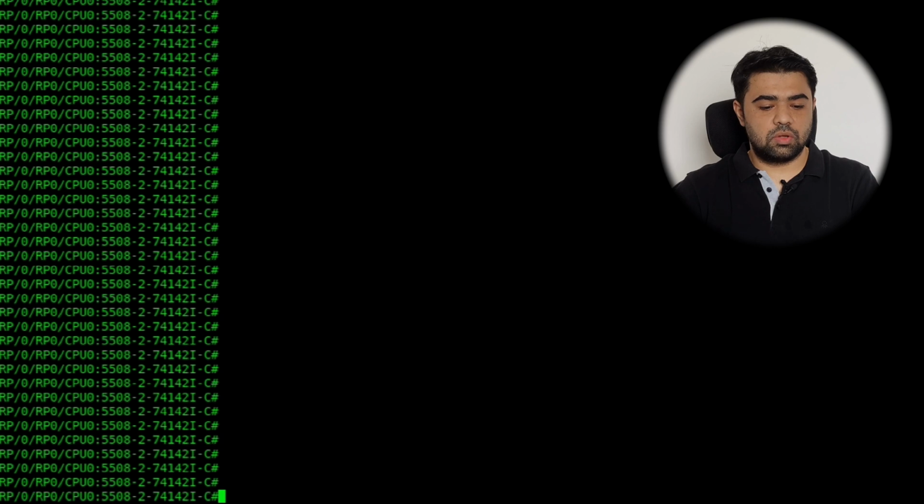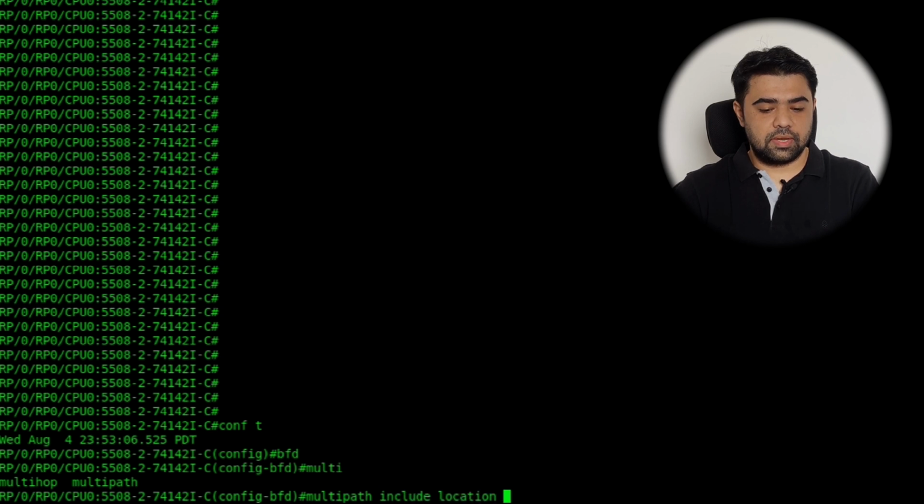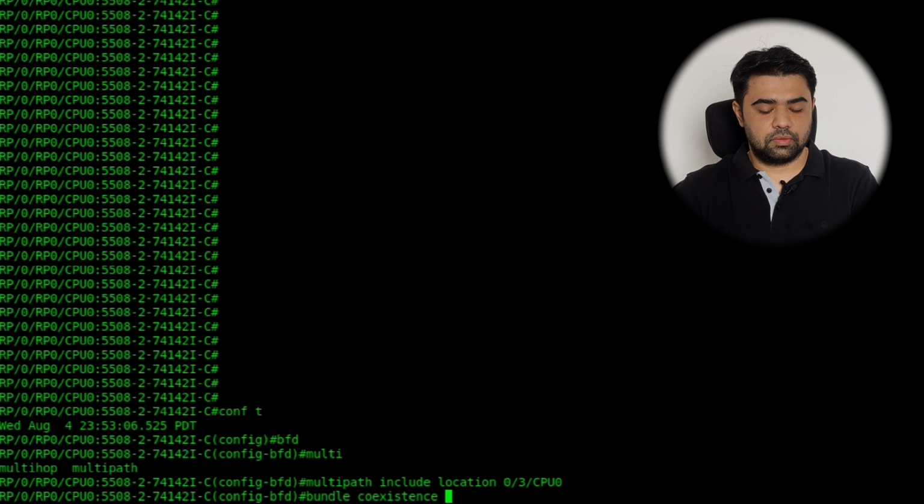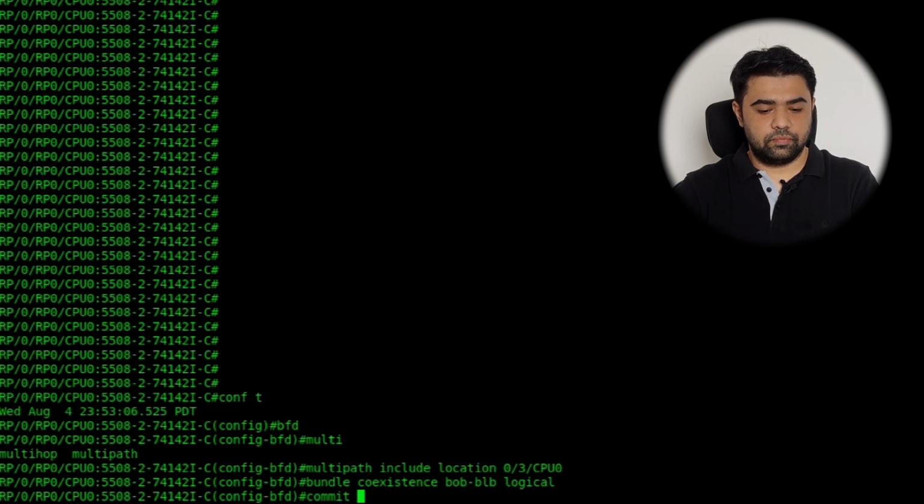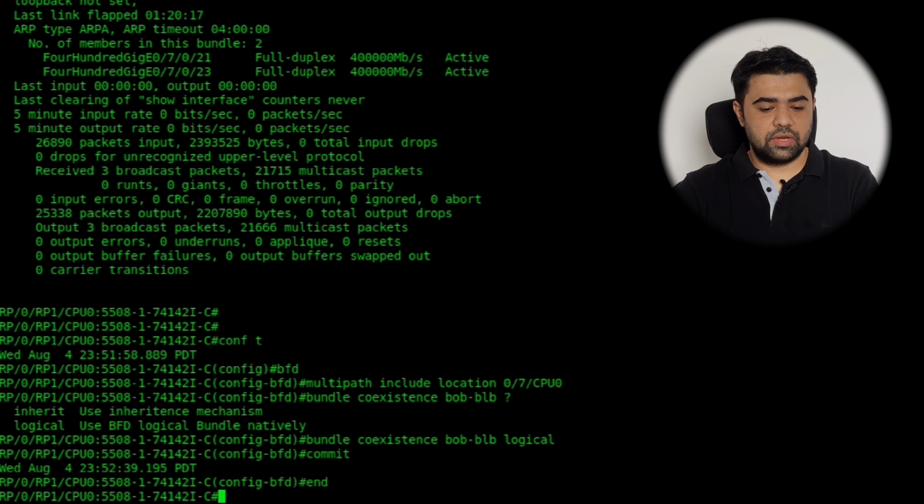Similar configs we will do on the second router. Multipath location and the BLB coexistence configuration. Again, we will configure the logical mode. Once the configuration is done,